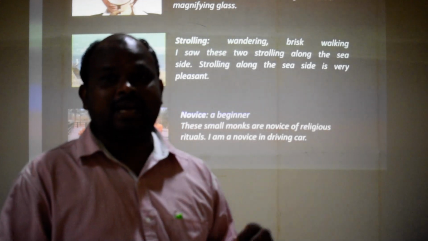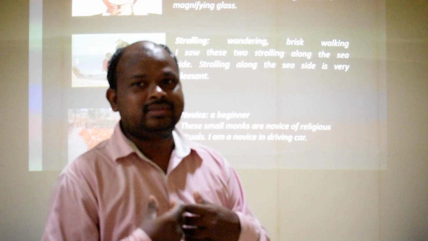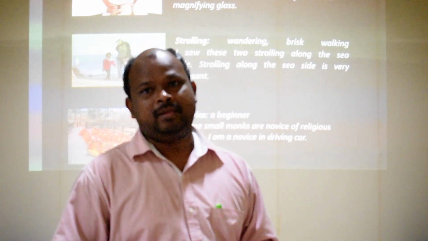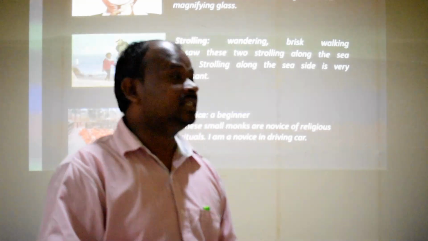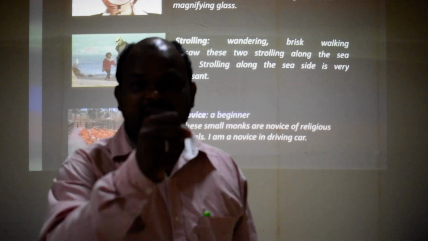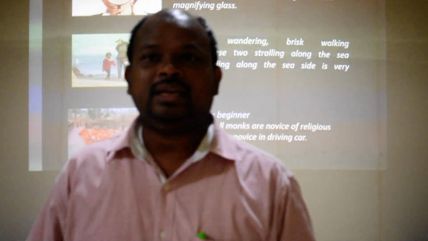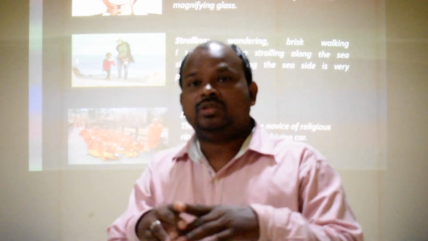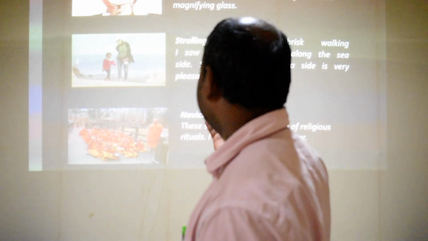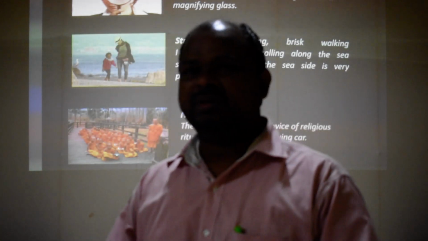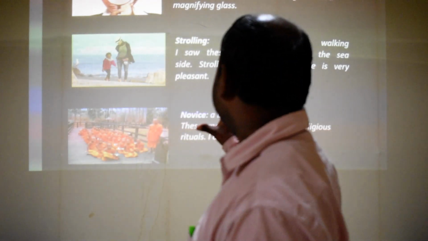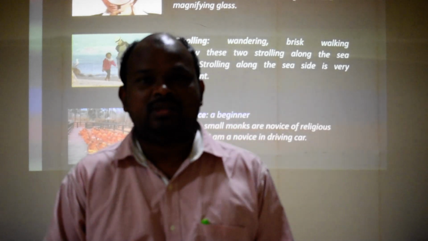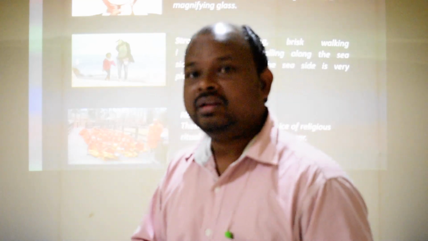Discern. I have put it as see, but it's not just to see, it is beyond seeing. Discern means to know what is good and right, to know what is hidden. That's why in the picture you can see a magnifying glass, which is able to see what is not visible. And the fourth one is strolling. Strolling means slowly wandering. The poet has used the word strolling for the brisk or slow walking of the animals. Sometimes they walk very slowly when they are preying on the weak animals.